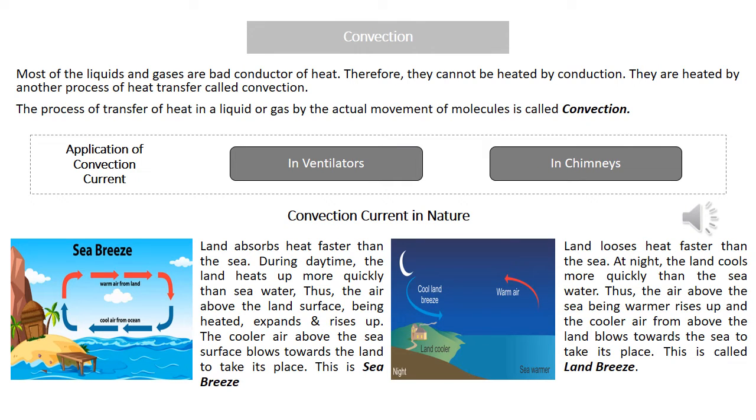So children, we read about conduction. And you know that's why children, all the cooking utensils are made up of metals, because they are good conductors. They can conduct the heat, and so food will be cooked easily, isn't it? And that's why their handles are made up of bad conductors, isn't it? Plastic handles are there in the cooker, in the pan, isn't it? They all are provided with plastic handles, insulating handles or bad conductors, so that we can hold them without getting our hand burnt, isn't it?